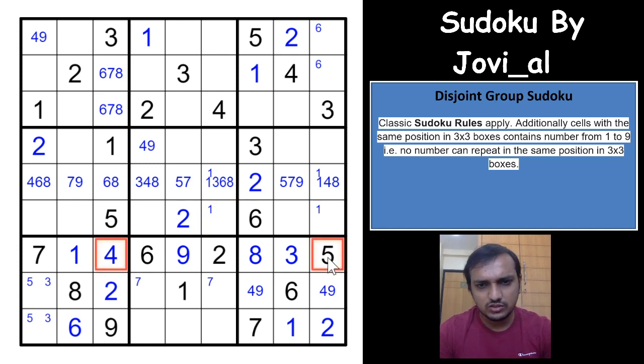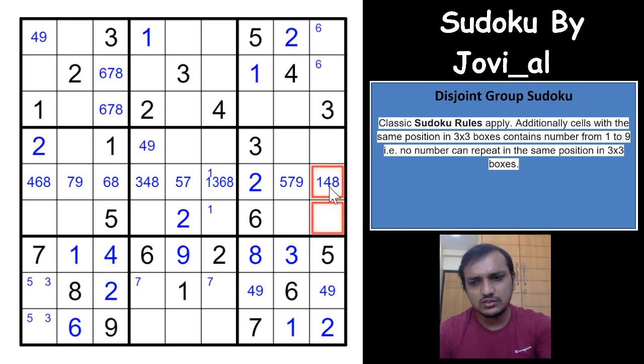See, let us see this placement. No, there are only 4 digits placed, right? Oh, I get a 1-4 pair here because of the 4 here. 4 cannot be in these 3 cells. 4 cannot be here because of the 4 here. So you have 1-4 pair. So you cannot have an 8 here. That's nice. That is really good. So you can have a center pencil marks of 1-4.